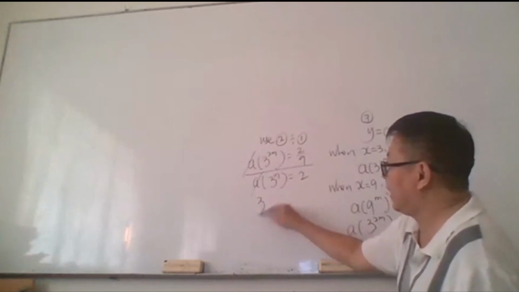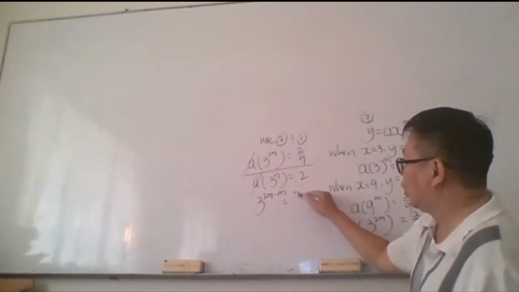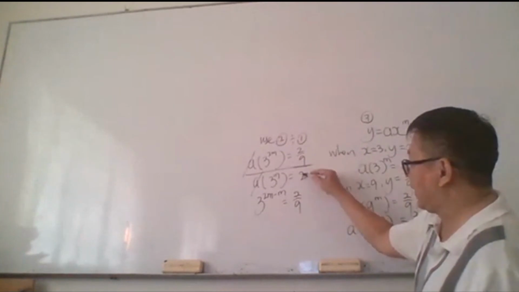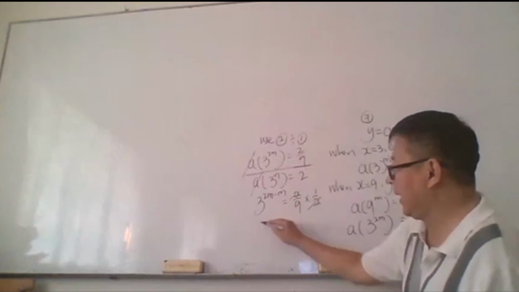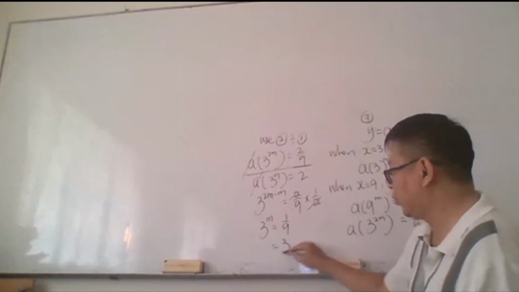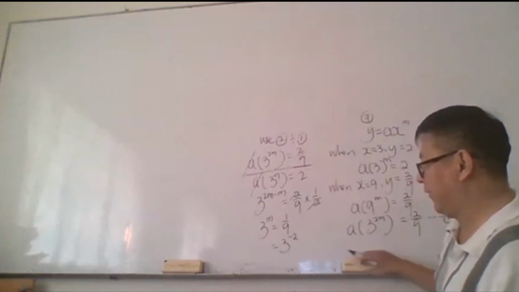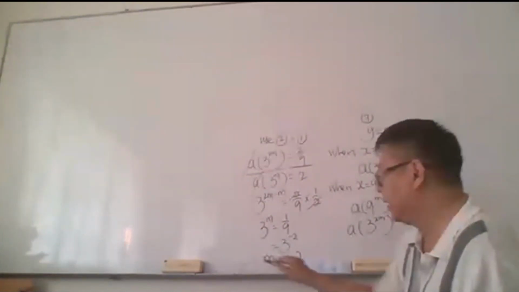And this is 3^(2m minus m), will be 2 over 9 divided by 2. So divide, then we can become times. So we can eliminate. So here 3^m equals 1 over 9, or 3 to the power of negative 2. So that my m will be definitely